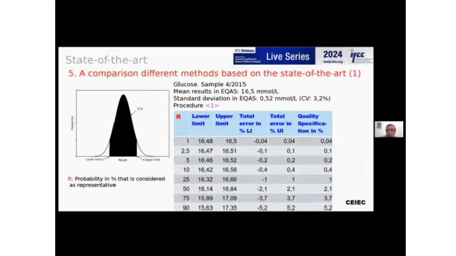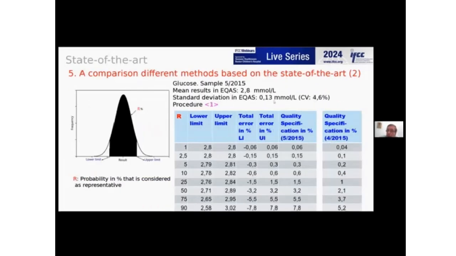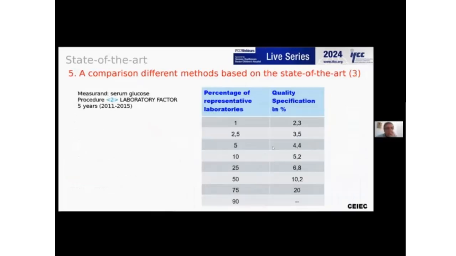If we put it together, we see that depending on the procedure, we have differentiated specification values, even with the same sample or with differentiated samples. And this leads us to the conclusion that talking about the state of the art doesn't make sense as such. We must add an adjective after the word state of the art. State of the art obtained with so many results, with so many cycles, for this measurand and using a given